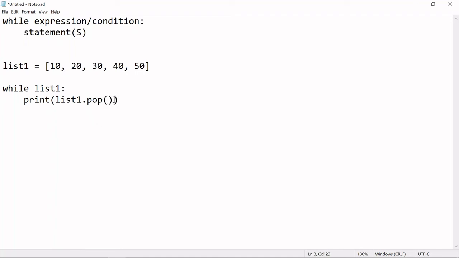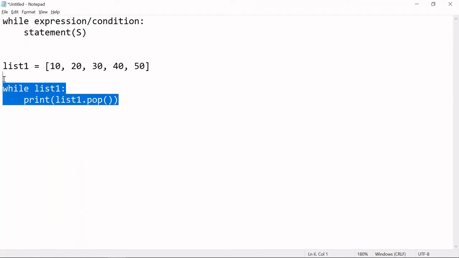Don't worry about what pop is here. Pop is going to pop out the last element from a given list. I'm going to tell you details in the list functions as we cover the loop. Let us learn for now how to do a pop from a list. We have 5 elements, and if you want to pop out the last element, we can do that using pop. Okay, so now if I execute this program,